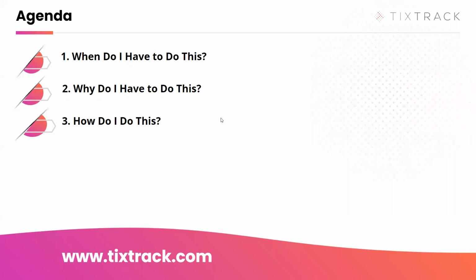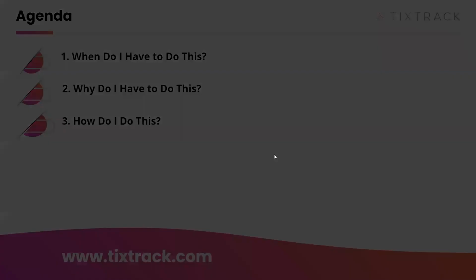So first off, I always say when, why, and how. So when do I have to do this, right? Because it is an end of life that's coming from Google. So you need to keep this time on your calendar if you haven't already started that migration. Second part is why in the world do I have to do this? And what are the benefits? And then the latter part is, well, how do I do this? Obviously part of your website is Ticketure, and so you want to be able to capture all of that information and detail around it. So with that, let's just jump straight in.